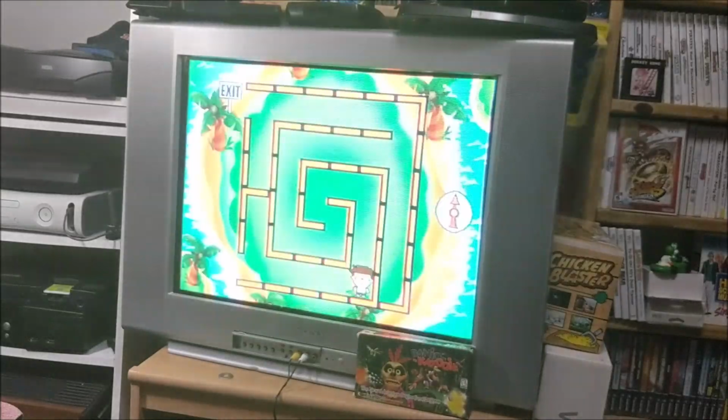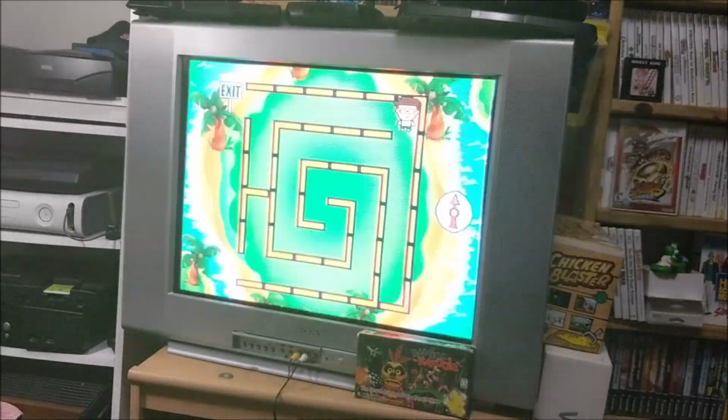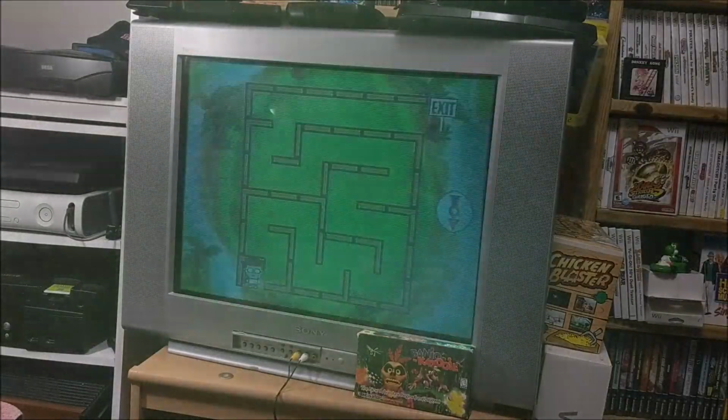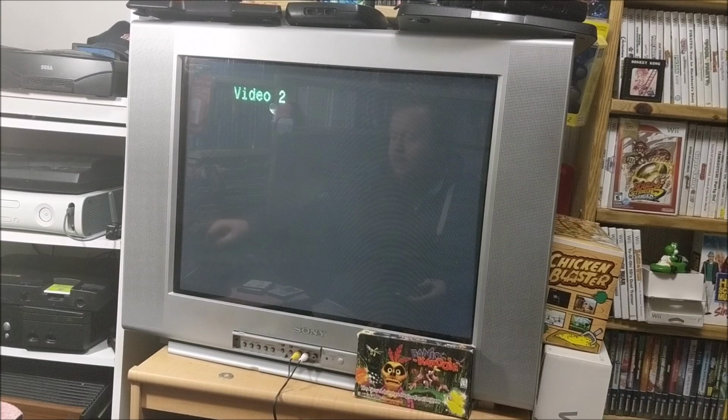Is this just a maze? This is the easiest maze I've ever encountered in my life. There's no buttons. It's so unresponsive. There we go. That was stupid. This is a terrible game. Alright, enough of that. We're going to try a real...